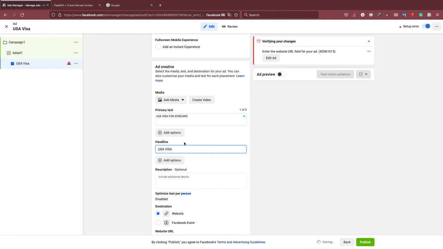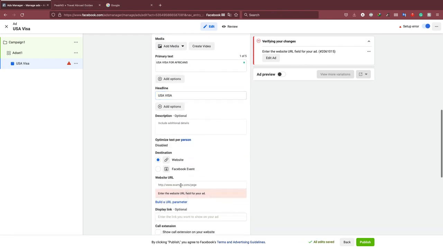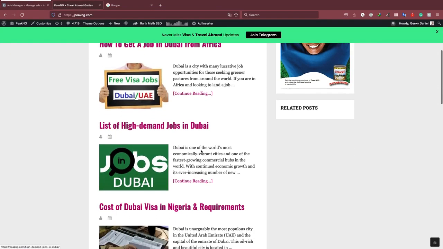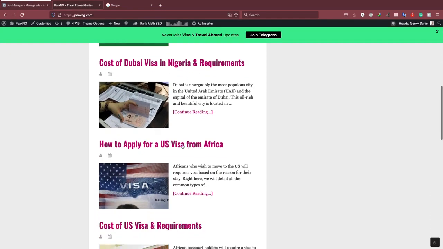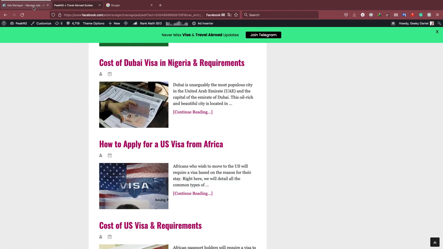USA visa as the headline, and then yes, we need a link here. This is the destination where, when people click on the ad, it takes them to this website directly. So let's check this blog and find something that relates to USA visa. I think this is fine. You copy the link and then come back here